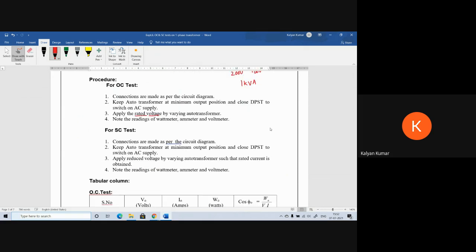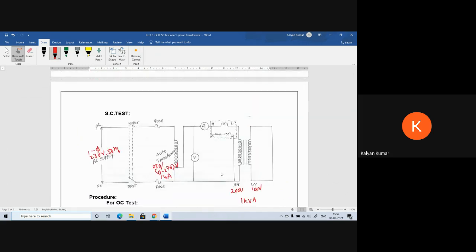Now under AC test, we need to apply reduced voltage by varying the auto transformer such that rated current is going to flow. So the rated current should flow here. The rated current is given by I equal to S by V, which is equal to 1000 by 200, that is 5. So the ammeter that we have to use is a 5 amps meter. Next,